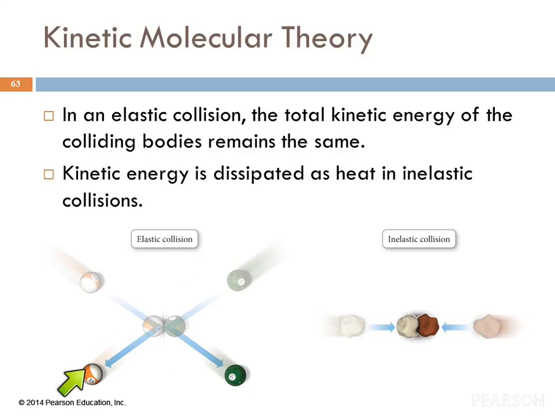So here's the example of these two pool balls colliding, and the force, I guess they're coming this way. Actually, there's an arrow there. They came this way, and the force is transferred, and they're going off in different directions, but they're still moving. This is an example of an inelastic collision. If you take two balls of clay and roll them at each other, they'll just go boom and stop. They are soft, and they will absorb the energy of the collision instead of transferring it to the other object.